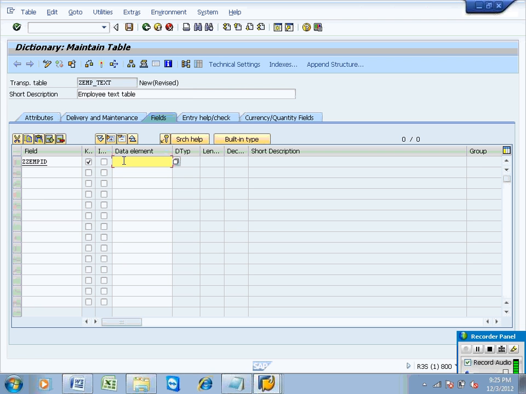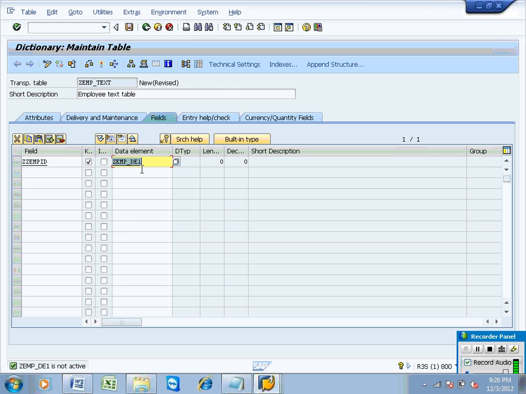So if you want to have a field, you require a data element and a domain. First of all, I am creating a data element for the field called ZZEMP ID. I am creating the data element ZEMP_DE1. It is not created yet, so whenever you press Enter, you will end up seeing 0 and 0.